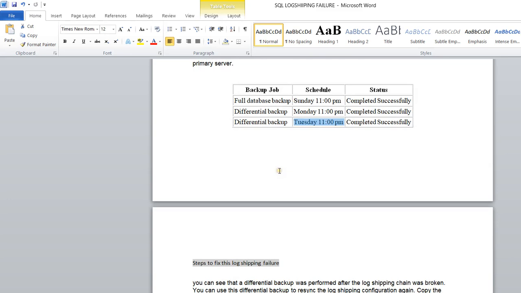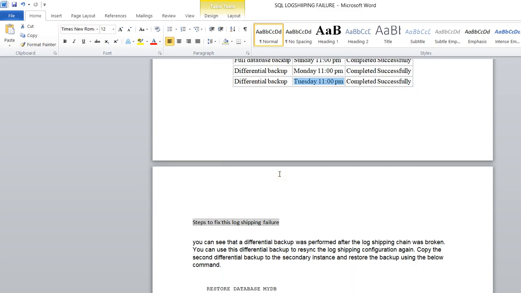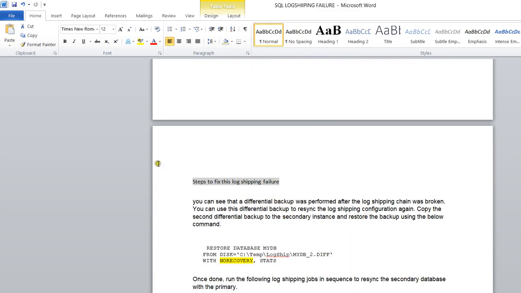Now the steps to fix the issue. As you see, the differential backup happened after the log shipping chain broke, so you will use that differential backup to resync the log shipping. Copy that differential backup, restore it on the secondary instance, and use the below command.